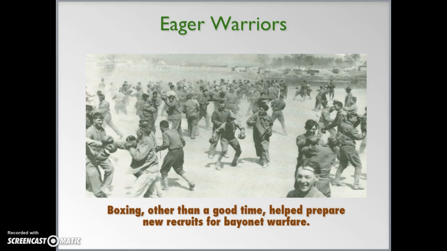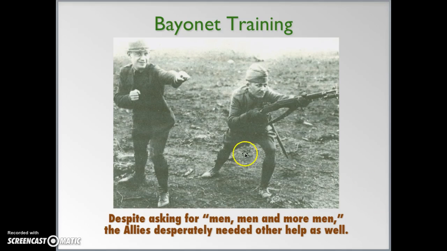At these training camps, they beat the crap out of each other because, as you can see from this expression and this expression, it's fun to get punched in the face. But seriously, it's also good training. You see the jab, the punching is the same as the bayonet, and this is training for the front lines. And really, it didn't matter because, as the French knew, we need men, and more men.